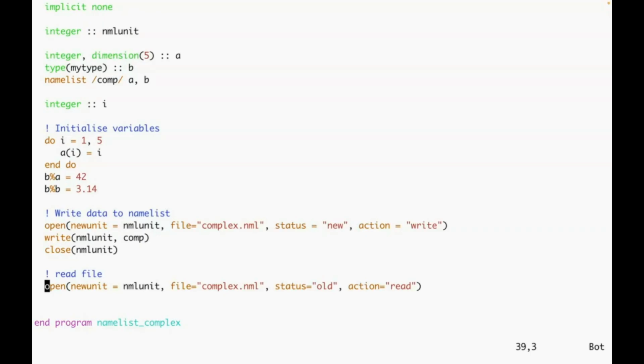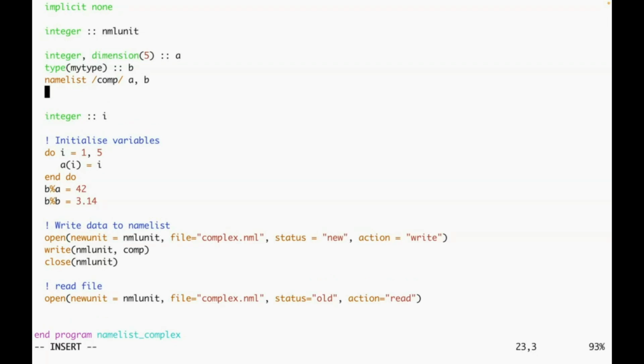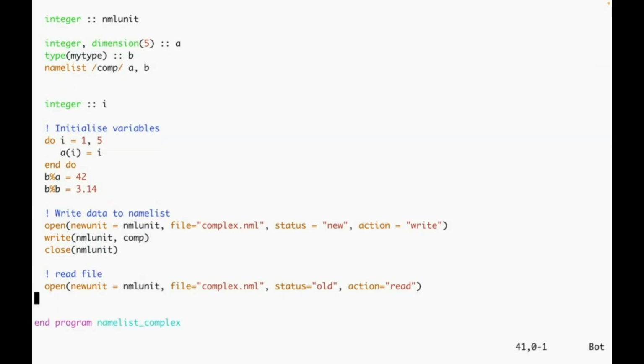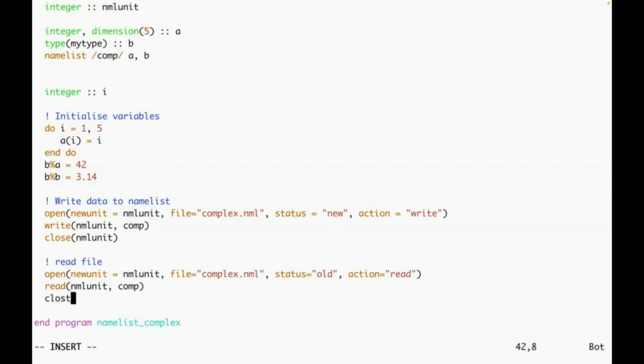And then I think if we just literally read it again, that's probably the simplest thing to do. Read nml_unit, again comp, and let's remember all that we have to do: close